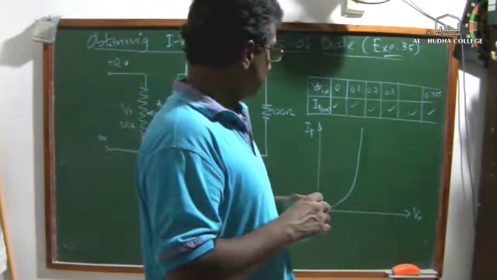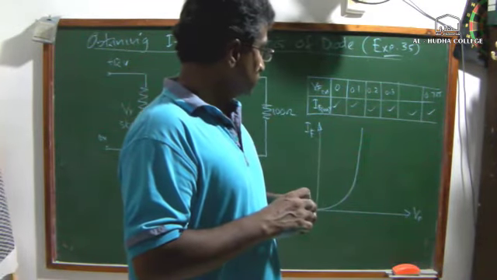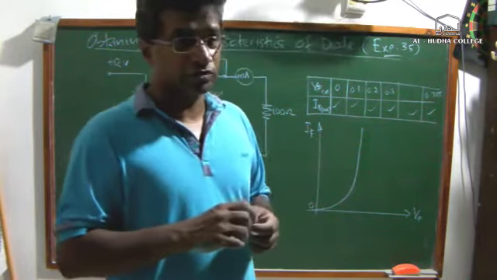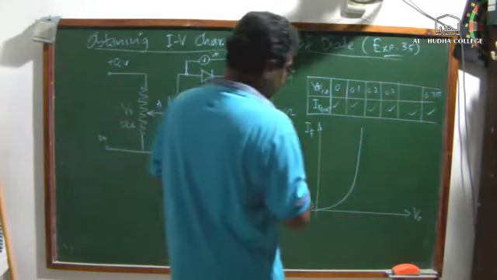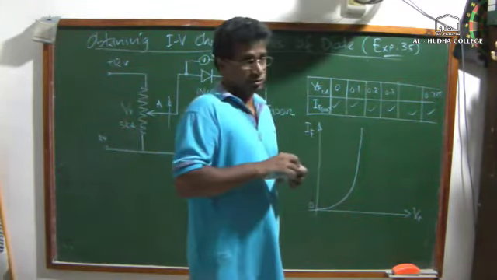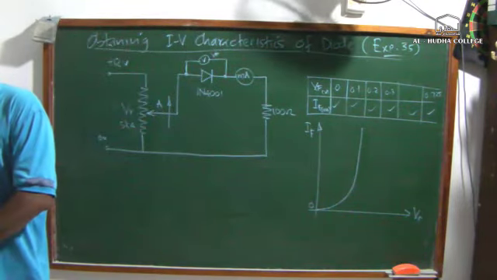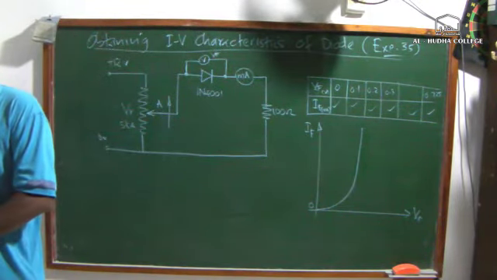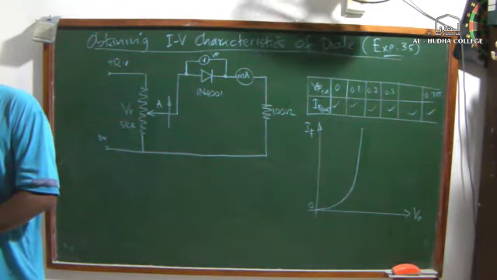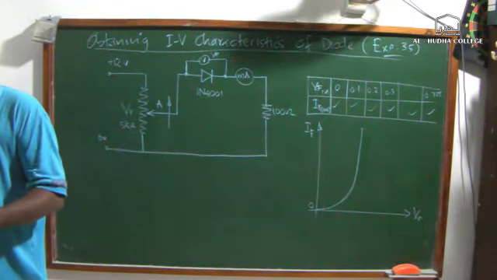And then what are the applications of Zener diode, that also we will look at. Zener diodes are used for voltage regulation. We will study voltage regulation also, right? So it will be a little bit longer area. So I will stop it here. We will do the next class probably tomorrow.